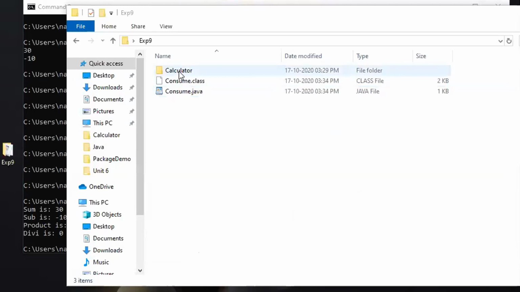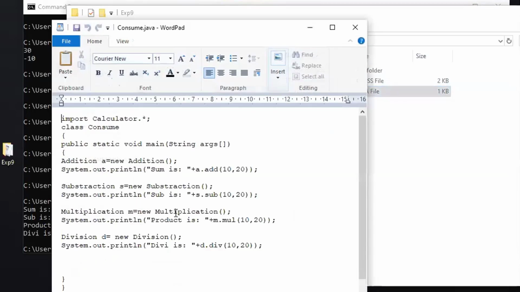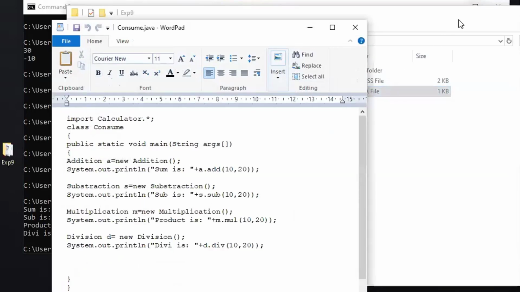So this is your lab program. In the lab program, with respect to this consume, they have not created an object directly like this. They have taken a user input. First they have printed a message: choose 1 for addition, 2 for subtraction, 3 for multiplication, 4 for division.